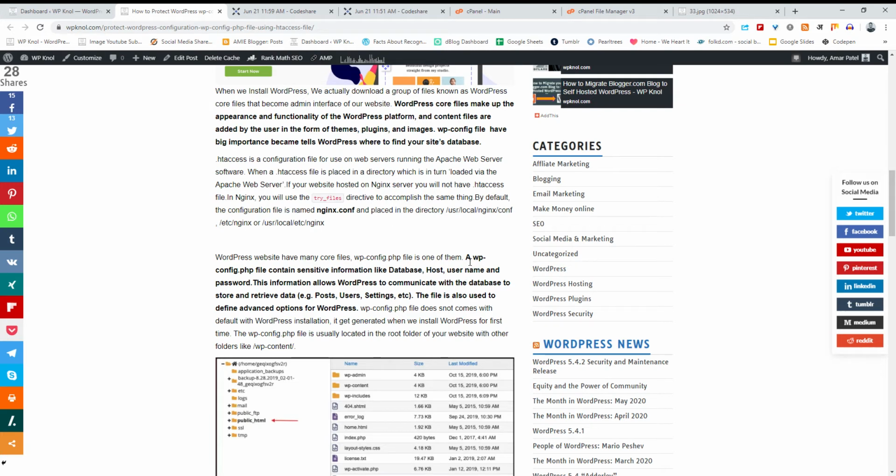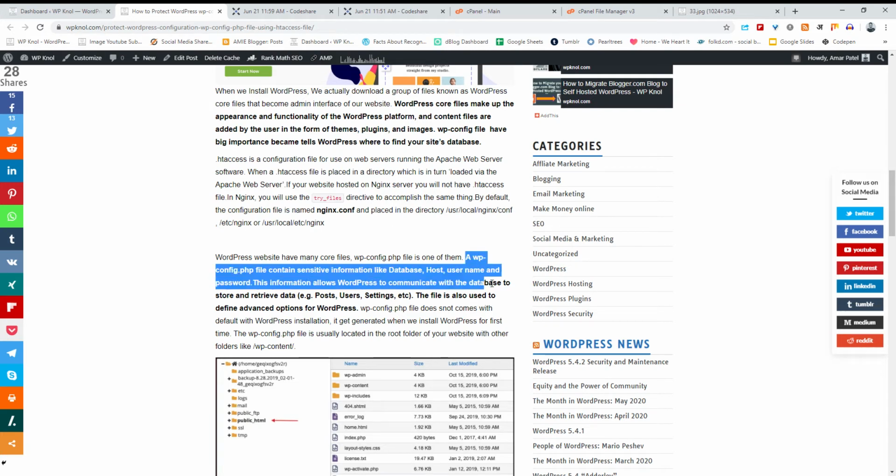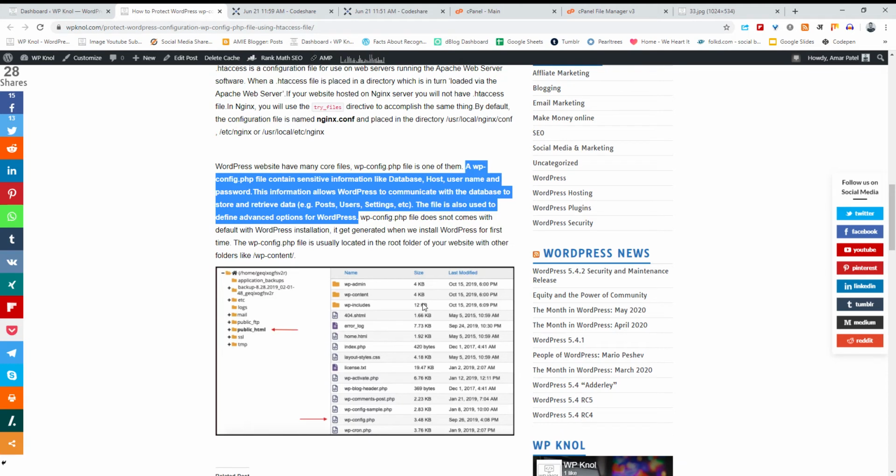A wp-config file contains sensitive information like the database host name, user and password, and this information allows WordPress to communicate with the database and store and retrieve data. The wp-config file does not come with the WordPress default installation; only a blank wp-config sample file comes with it.